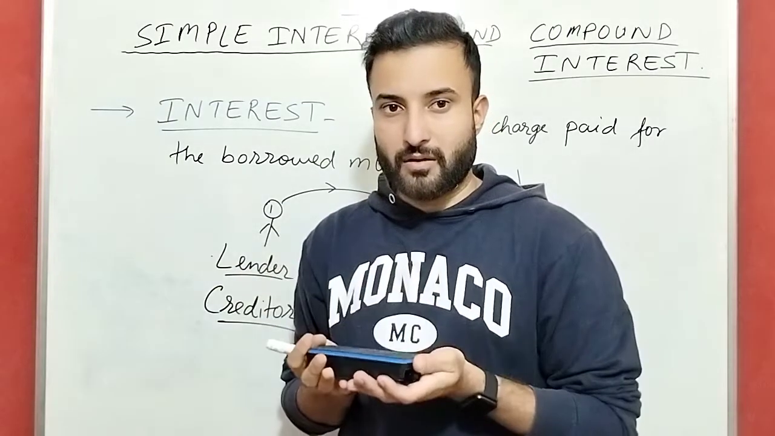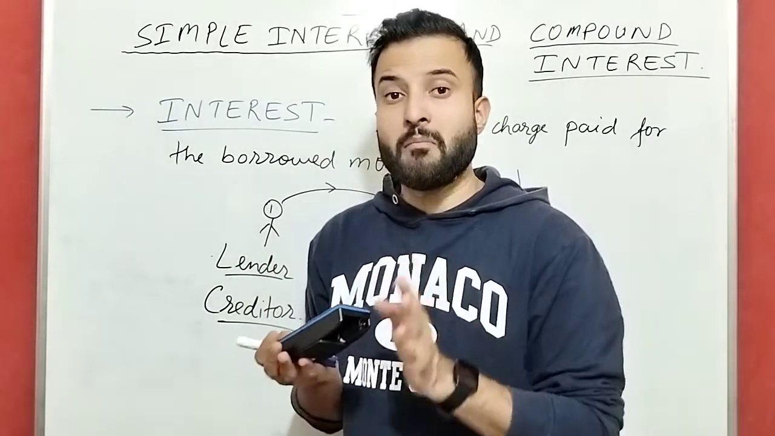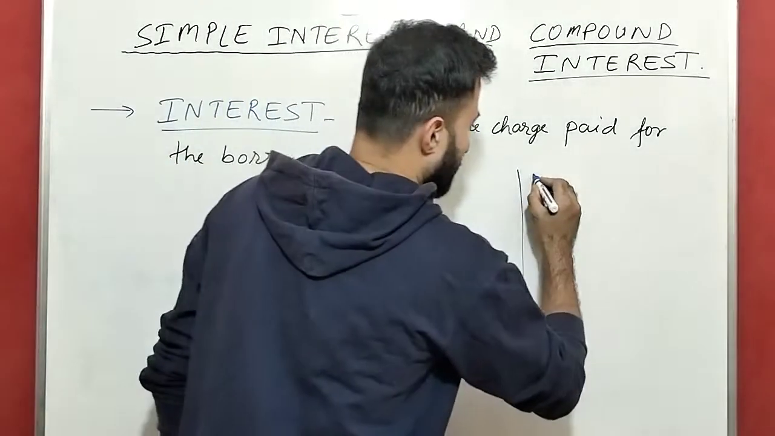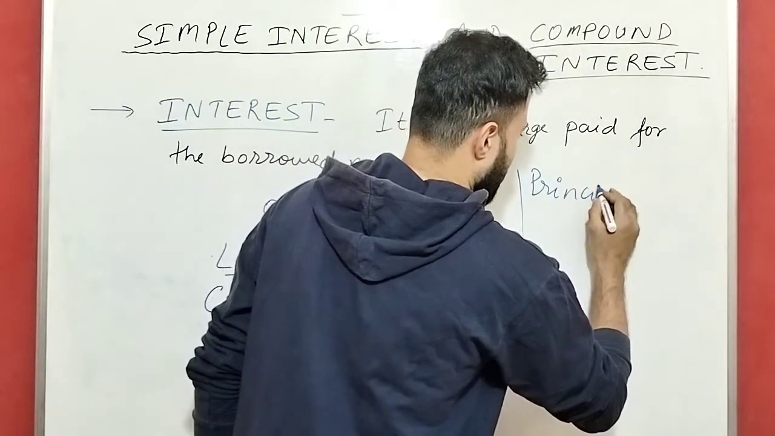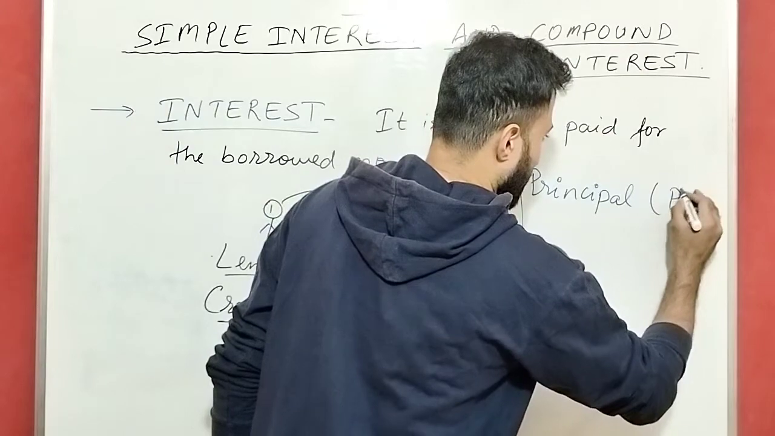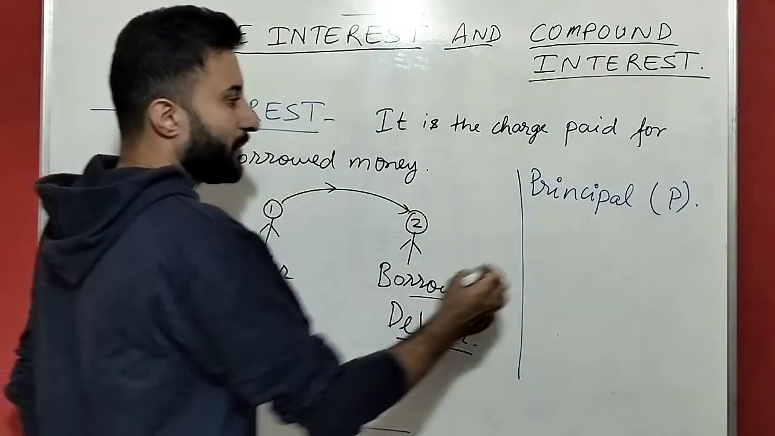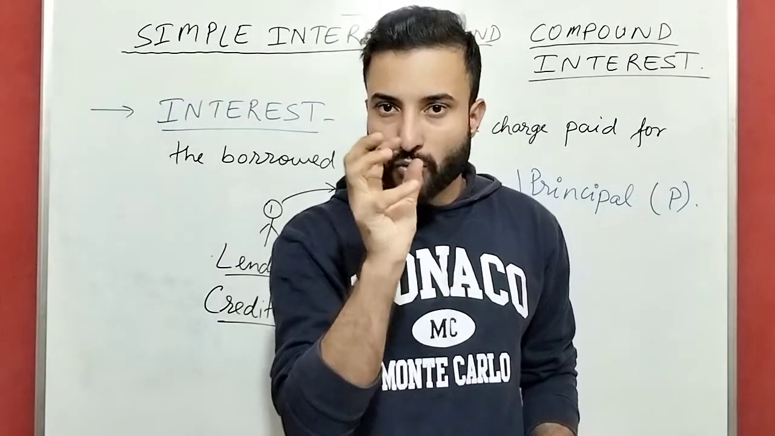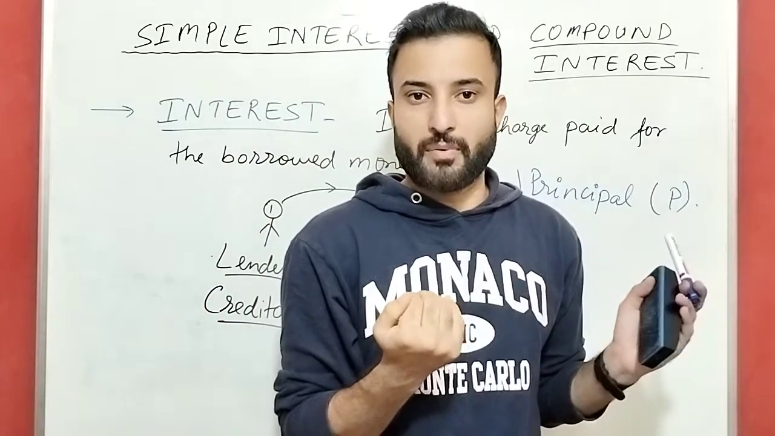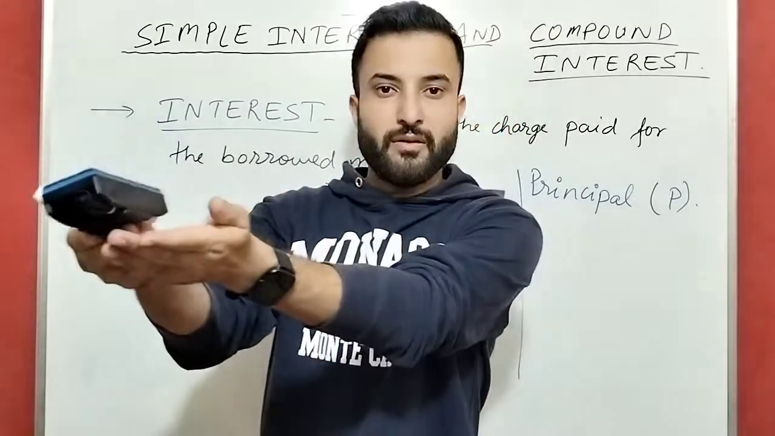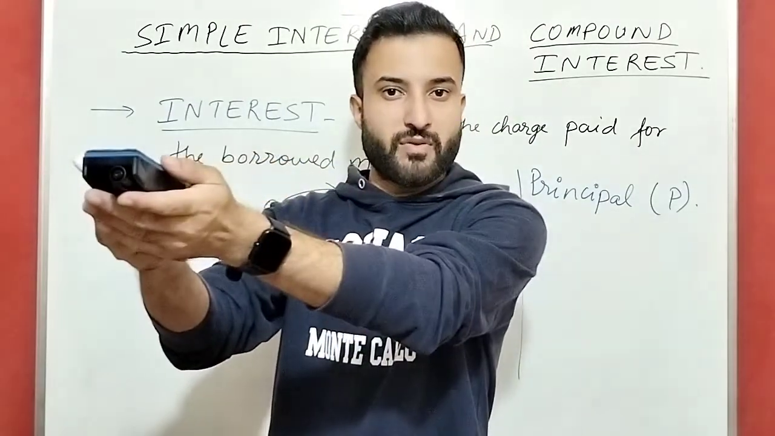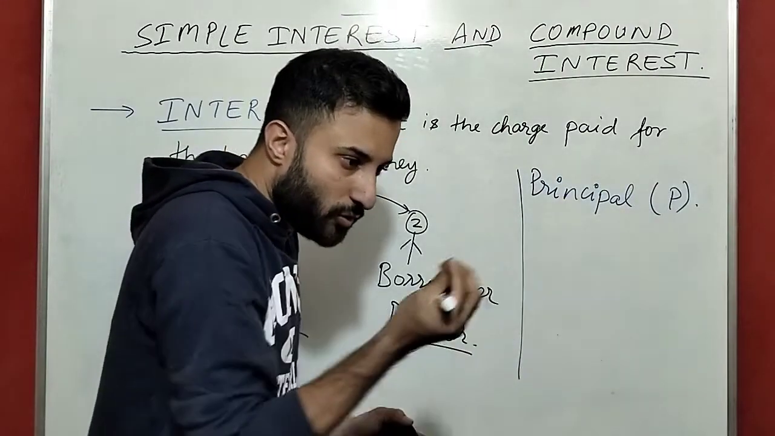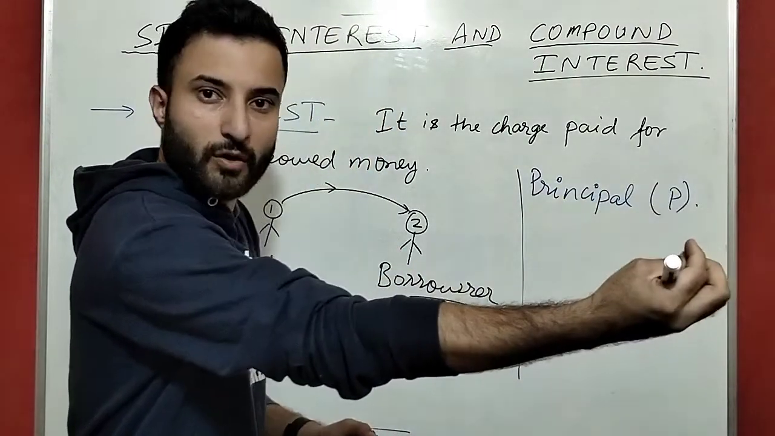So what I am taking from the bank is money. Whatever money we take from the bank is nothing but the principal, which is denoted by P. Principal is the amount of money borrowed. How much money you have borrowed is the principal, or you can say the amount of money given. That much amount of money is called the principal. How much money you are taking, or how much money you are giving to anyone,